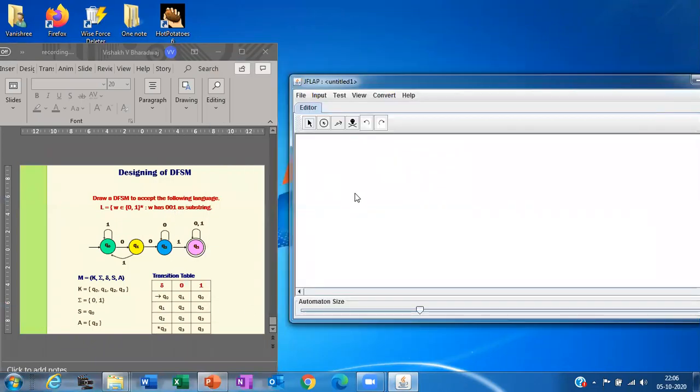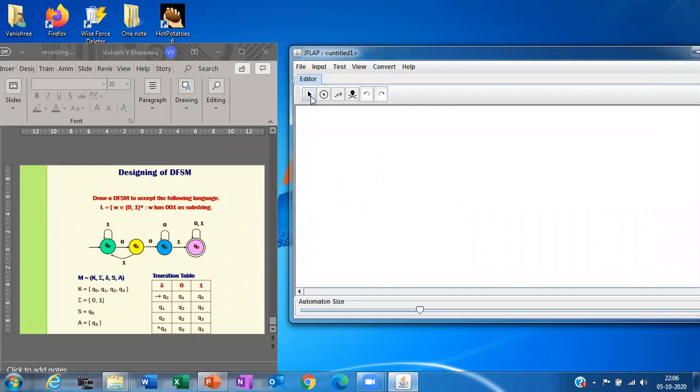So what I have to do is, let us say you have some icons present here. The first one is selection. I need to go select any of the states, and the second icon is for creating any state. I have to click on this. Then the transitions, we have to create the transition, so I need to use this. Then suppose I have done something wrong, or I wanted to delete one of the states or transitions, I can use the delete operation, then undo and redo. Okay, so let us just try this one now.